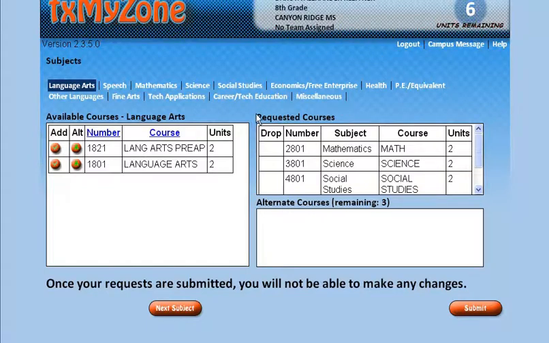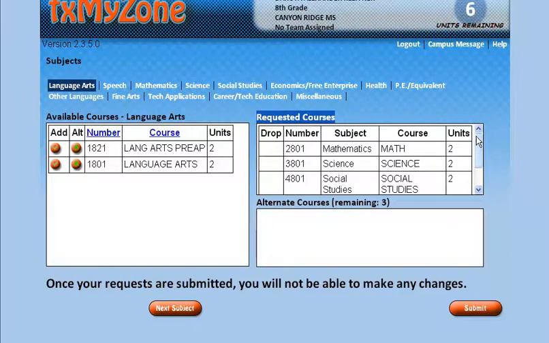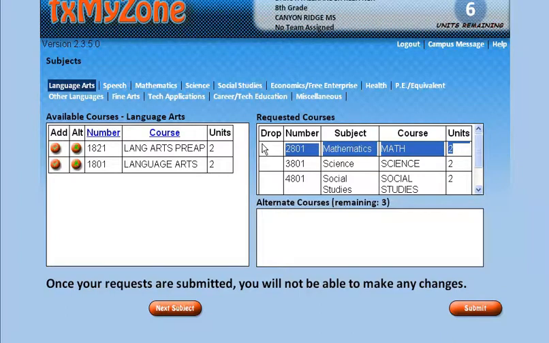The next thing I want to draw your attention to is the requested courses section. What we've done is we've actually gone into the system already and pre-enrolled you in the courses based on where you are in 7th grade. So for instance, this student is currently enrolled in 7th grade on-level math, so they've been rolled up into 8th grade on-level math. If you are a student who is in PACE math, you're going to see algebra there. 2811 is algebra. And if you're a student who's in algebra right now as a 7th grader, you're going to see geometry there. So this is going to be dependent on what class you're currently in the 7th grade.